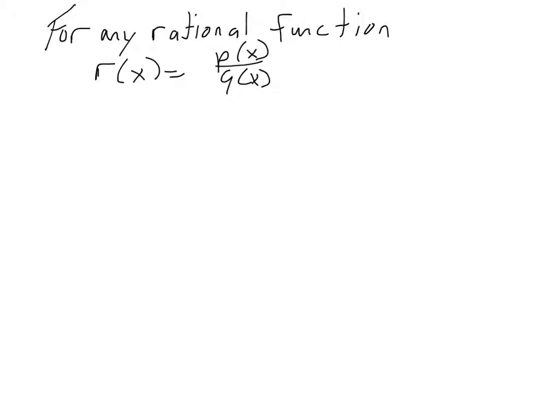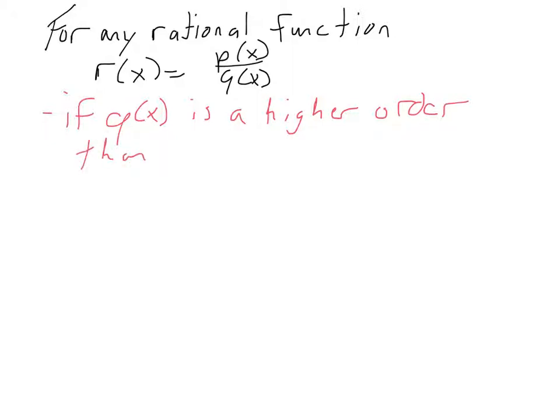And with the rational function, which functions do you think increase faster than which other ones? Do you think higher order functions increase faster than lower order functions? Like an x to the fourth, would that increase faster than x squared? Yeah. So you're looking for the order of the function. So in general, in the first scenario, we talked about 3 separate scenarios here. If q of x is a higher order polynomial than p of x,